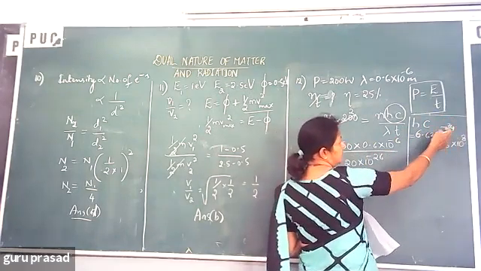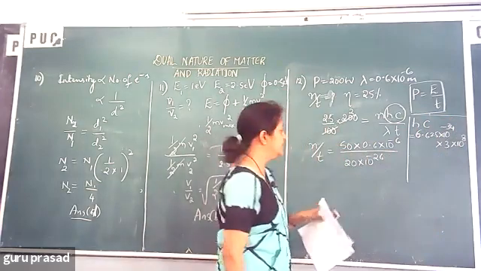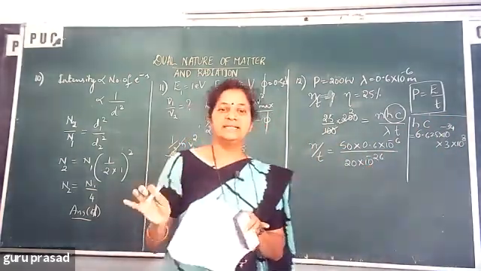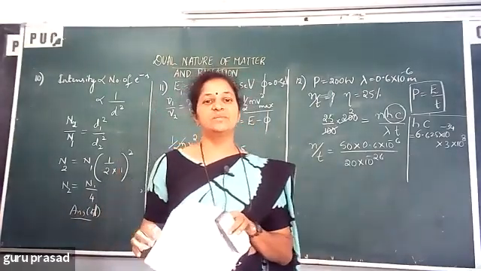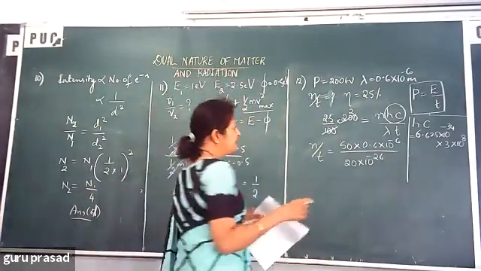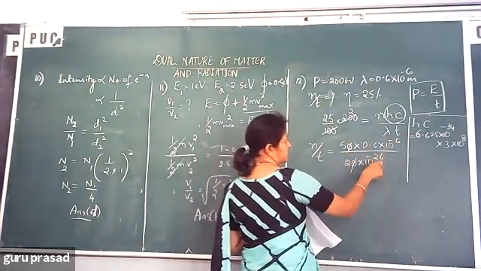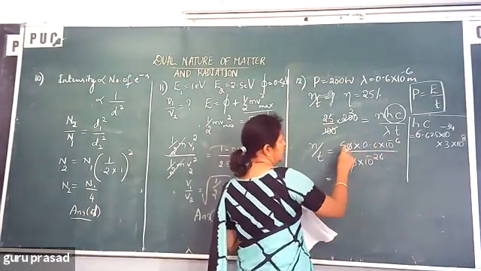Into 10 power minus 34 into 10 power 8 plus 8 gives you 10 power 26. So always remember HC, you need not calculate again and again. It is 20 into 10 power minus 26. Now here 0 cancels and 10 power 6 minus 6 cancel, 10 power minus 20 comes to numerator.